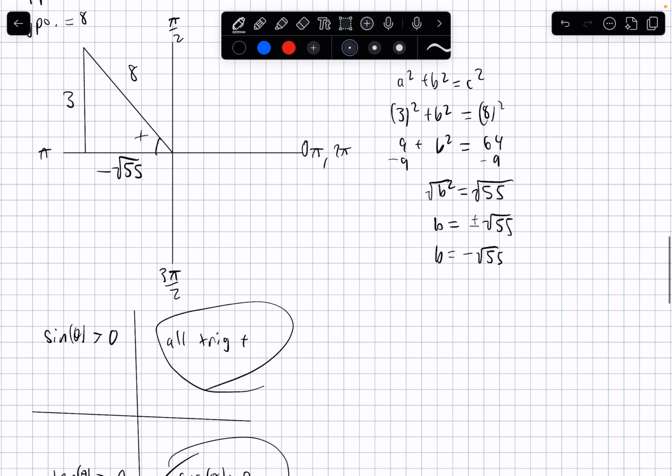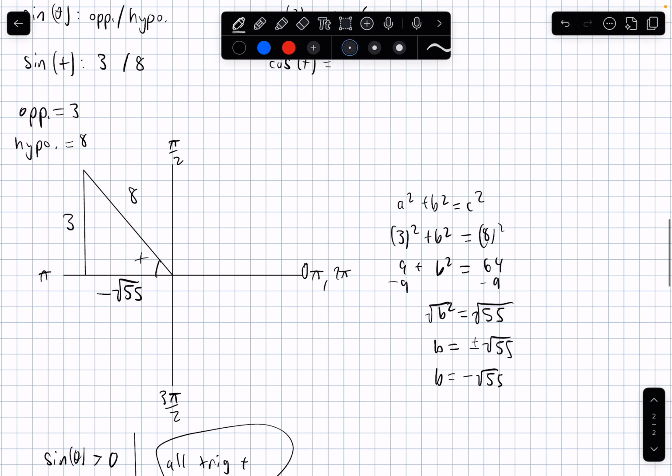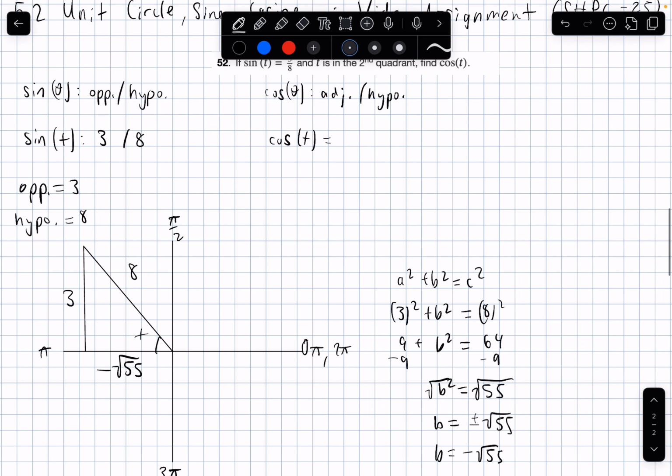And so one thing I just want to stress more is something that's unique about the unit circle, this image right here. Okay, you have to know that sine of theta is positive in quadrant 2, tangent of theta is positive in quadrant 3, cosine of theta is positive in quadrant 4, and all the trig functions are positive in quadrant 1. Okay, so just to reiterate, I'm going to draw this out. So we're looking for cosine of theta. And if we know that the denominator is going to be positive, which is our hypotenuse, then our adjacent side,